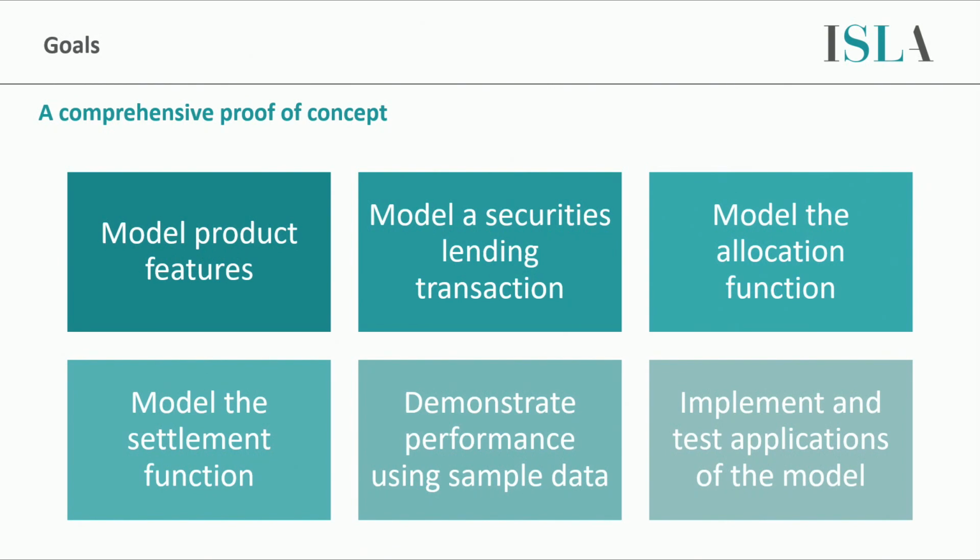At the start of the engagement, Regnosis and ISLA agreed a set of goals and objectives to be delivered over the course of the initial engagement. The main objectives were as follows. We model the main product features of a basic securities lending product, model the definition of a cash collateralized DVP